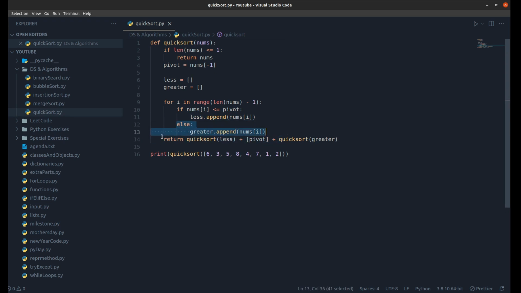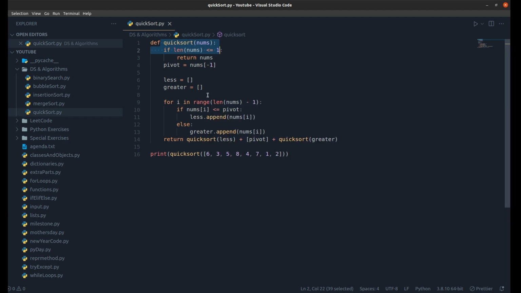And in the end, what we're gonna do is we're gonna quicksort the less list, and then we're gonna quicksort the greater list too. So now we're gonna do this thing called recursion, where we're gonna repeat the function. Now, let's say the less than list is only 4 elements long now. Now we're gonna run the function again, and this time it's gonna be even less. And so eventually at the end,